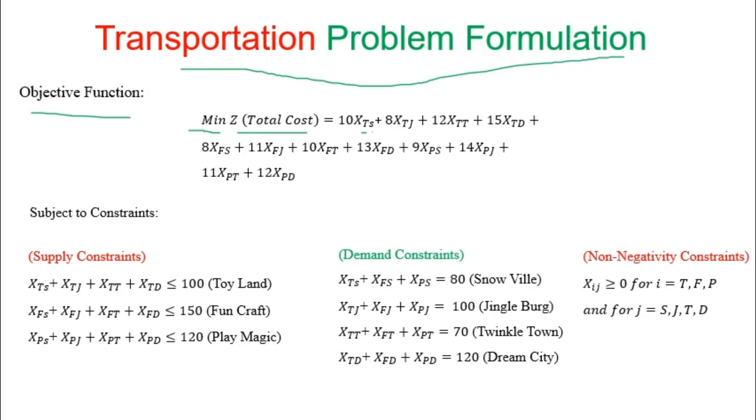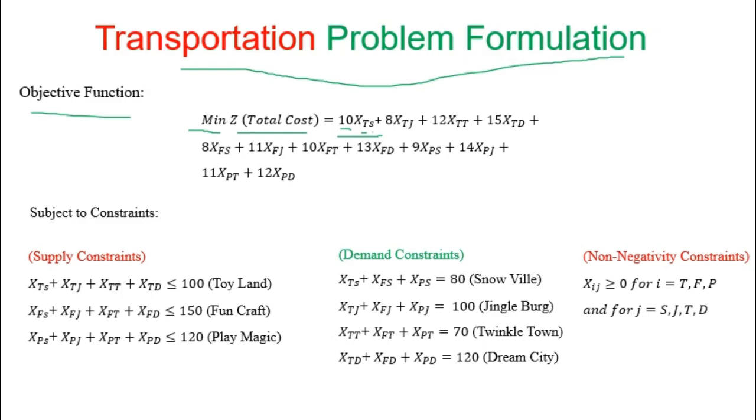That is XTS, the quantity supplied from Toyland to Snow Village, and the cost associated with that one toy supply is what? Rupees 10, right? So the total cost will be